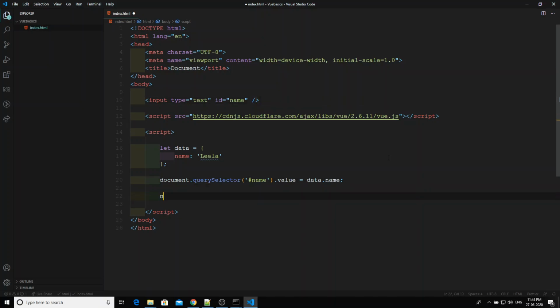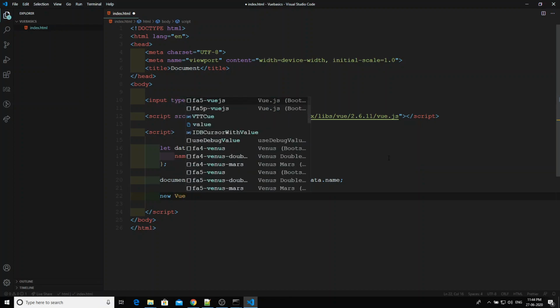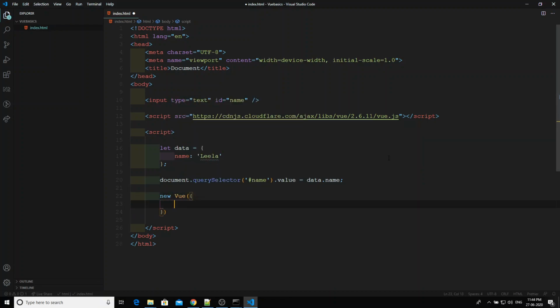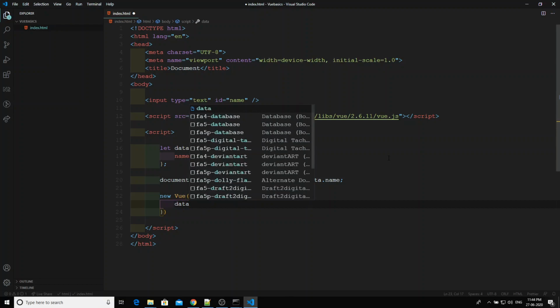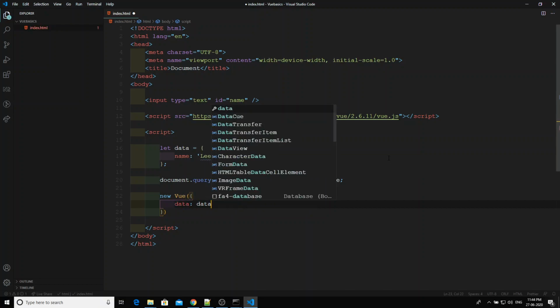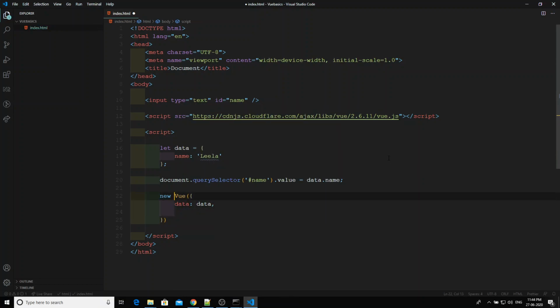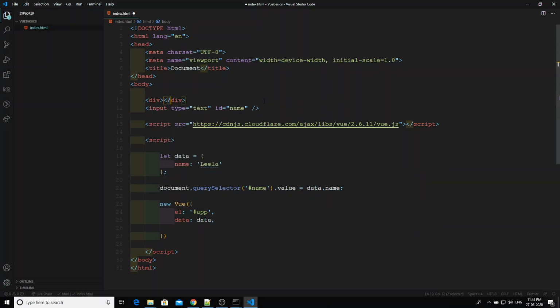First of all, we need to create a new Vue instance. We will write the data variable and take that variable as data. Before that, we need to tell from which element the Vue instance should be applied. So I will write the id of that element. Here we will wrap a div with an id of app.